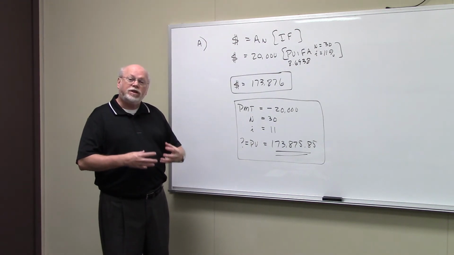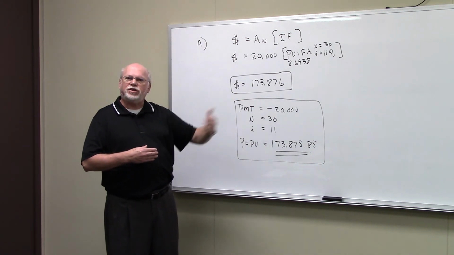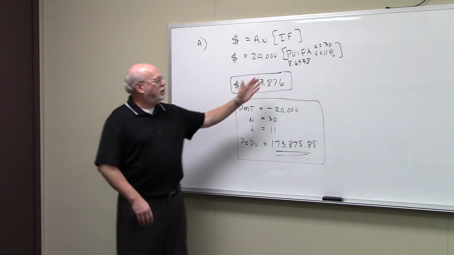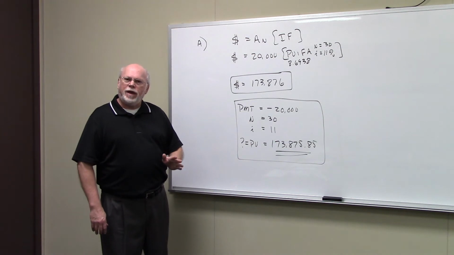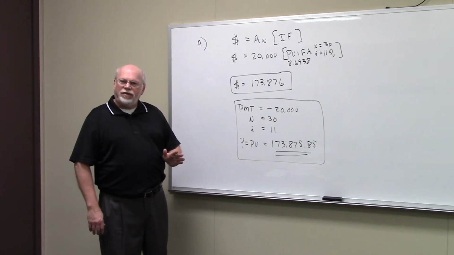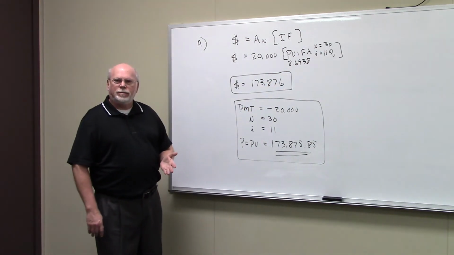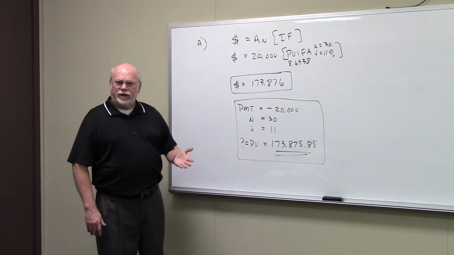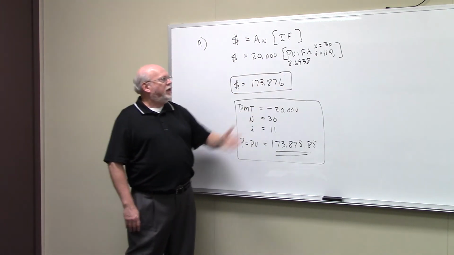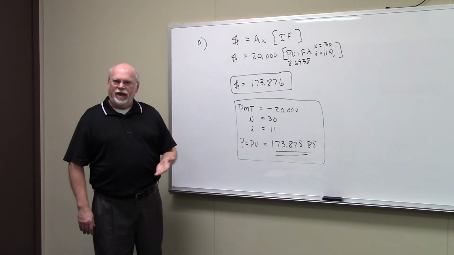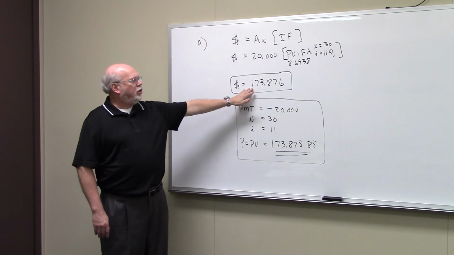Now, the beginning of our retirement is 20 years from now, and 20 years from now we're going to want $20,000 a year for 30 years. So we're going to use our PVIFA. N is equal to the number of payments. We want 30 $20,000 payments. And they tell us that we can earn 11% on all our money. So the discount rate's 11%. Go to your PVIFA table, look up 30 and 11%, you find 8.6938. Multiply that by $20,000, and you get